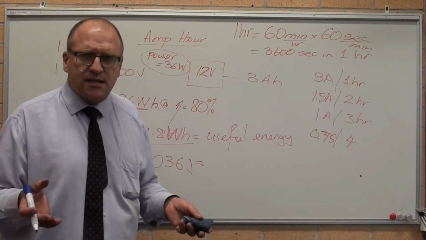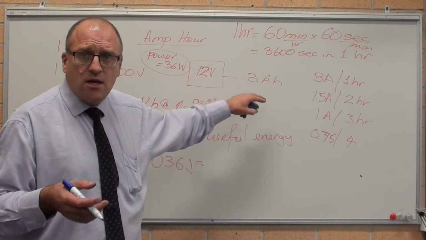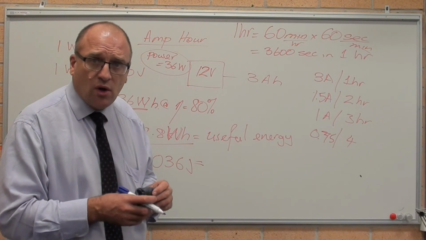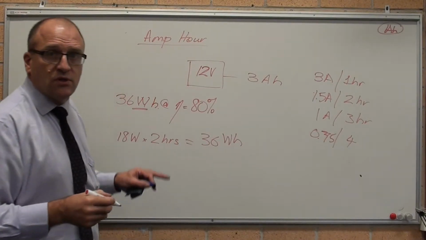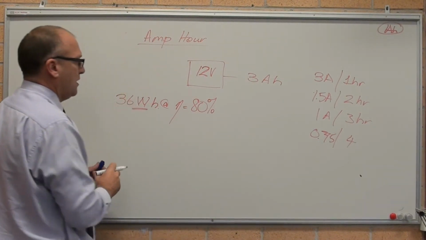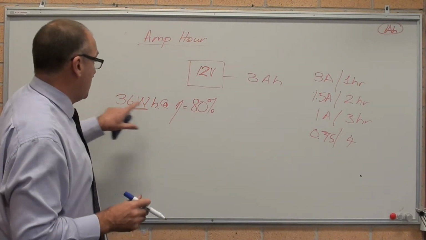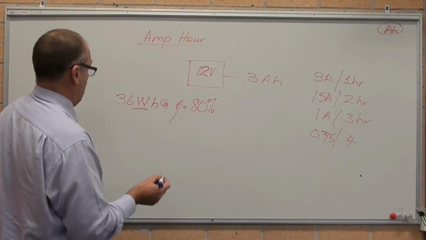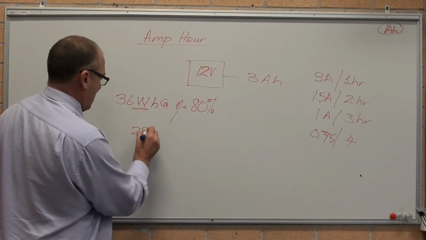Let's say we've got an HSC question. This battery, 12 volts, 3 amp hours, is providing power to an electric hoist lifting something up at 80% efficiency. So now I'm working at 80% efficiency. The total available energy to the hoist is 36 times 0.8. So it's 36 minus 7.2, which is 28.8